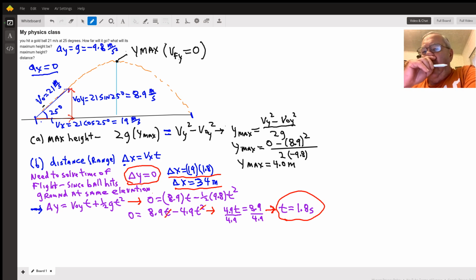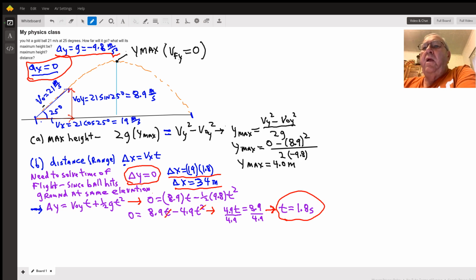Now, it's important to note that in the x direction, your acceleration is always zero, so that x velocity, the horizontal velocity, never changes for the projectile all through the flight. But the y velocity changes by the acceleration due to little g, which is minus 9.8 meters per second each second downward. So to get the max height, I use what I call the fourth equation, which says